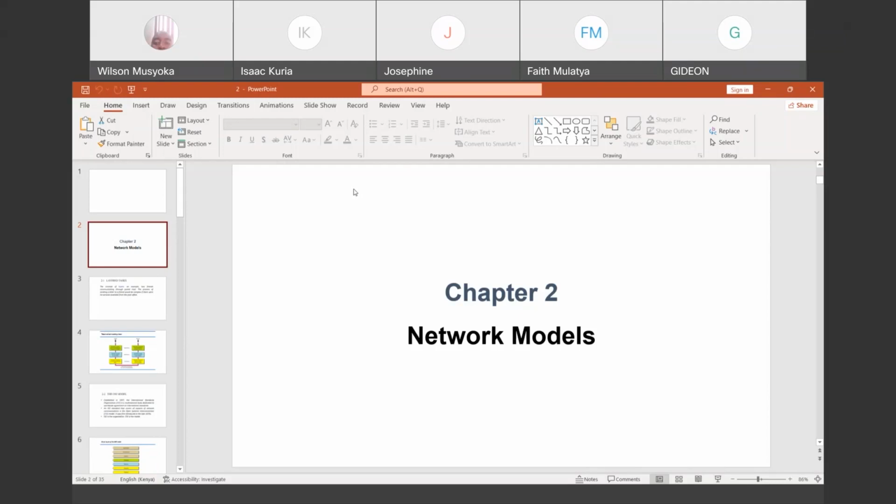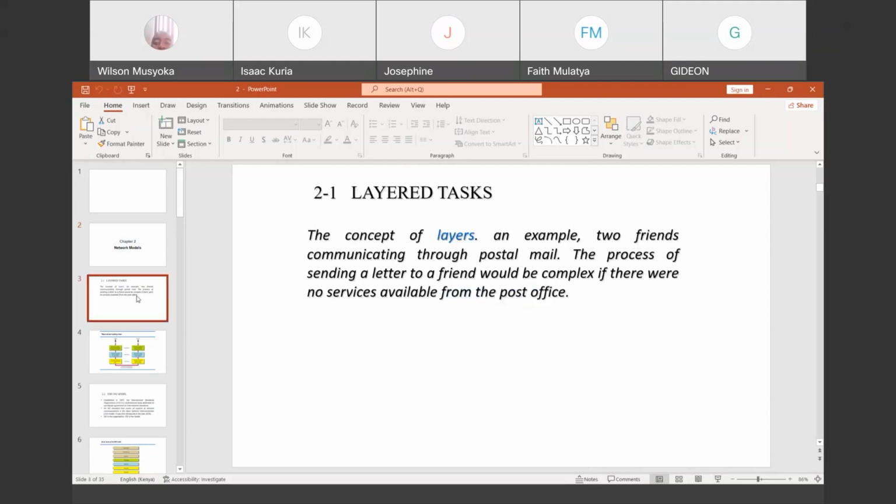Different people are going to talk with one another, and when they are communicating with one another, they have to agree on how they are going to communicate. If today I started communicating with people using a language that is not understood by those people, then communication will not be efficient or it will not be successful.